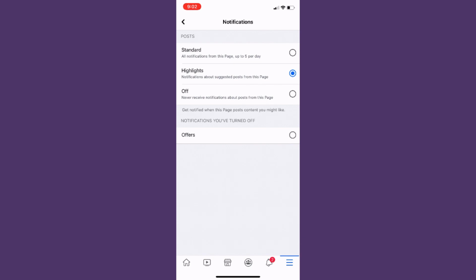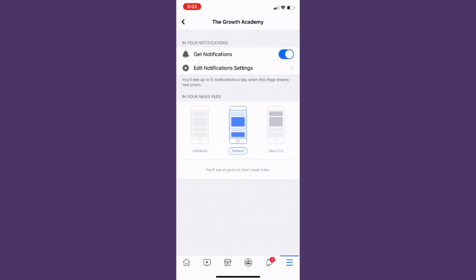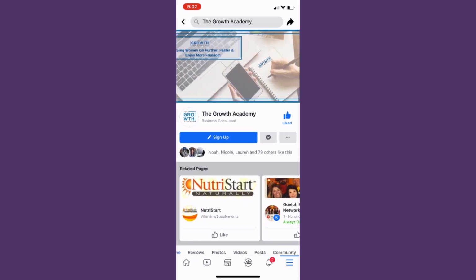So that's how you would do that. And then you would also, if you wanted to choose offers, you could do that as well. So I'm going to go back into the notifications and then back to the page. So that's how you would set notifications for not only the page and the posts, but also for Facebook Live